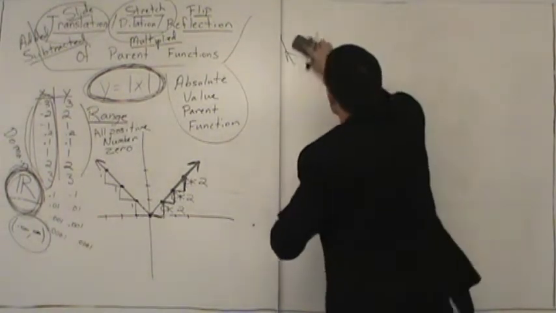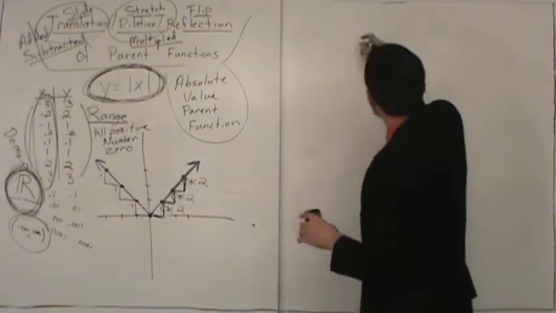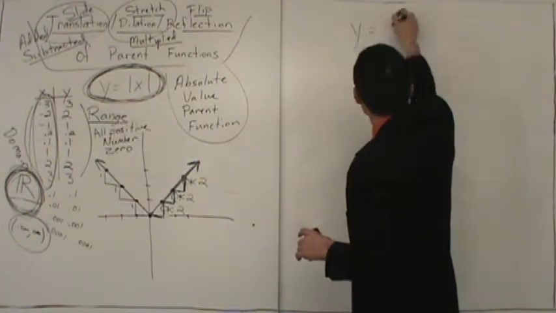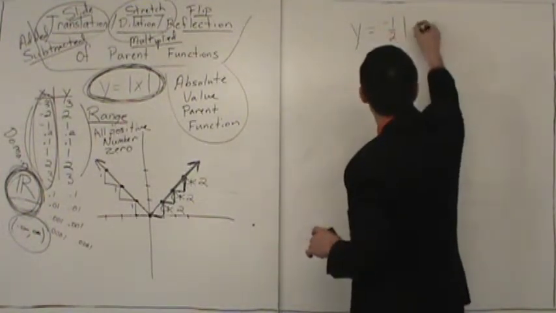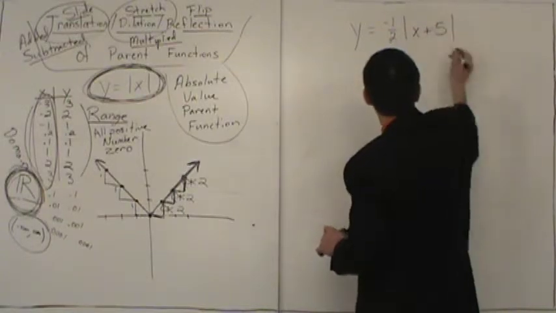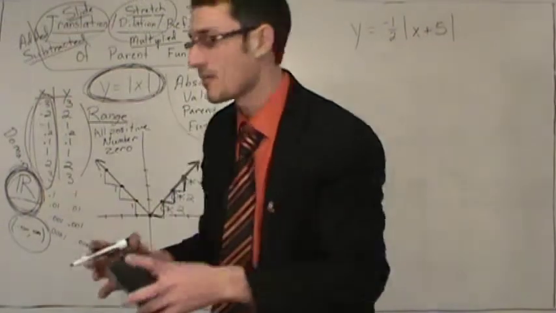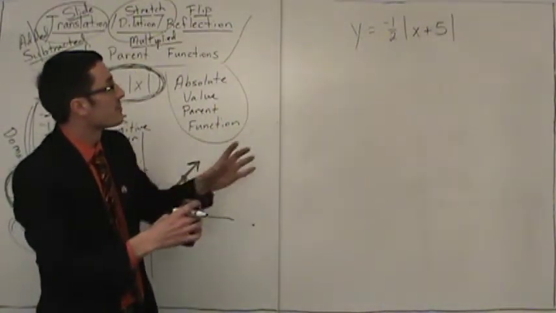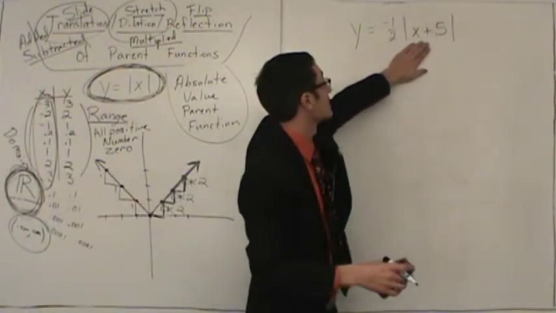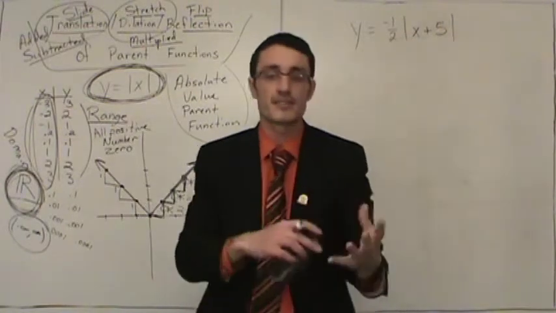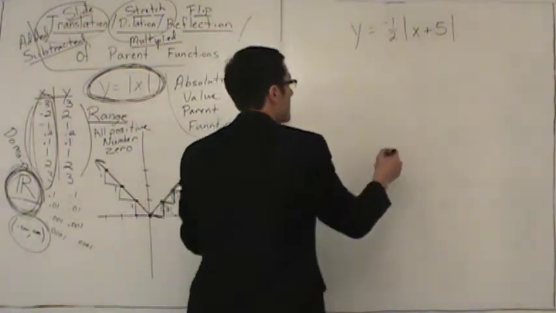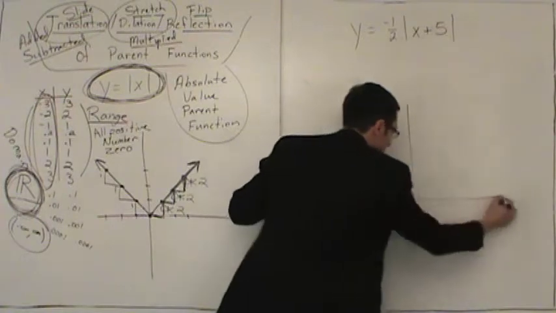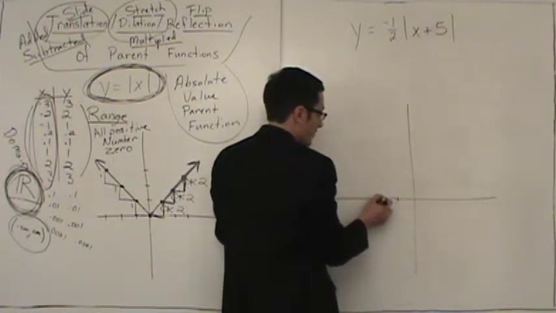We look at here. Y equals negative 1/2 times the absolute value of x plus 5. Okay, so I want you guys to pause the video, and I want you to find the vertex, and do as much with this as you can: graph the vertex on a graph. Let's just start there. So you guys pause the video, find the vertex, and graph the vertex. Okay? Now, hopefully you found